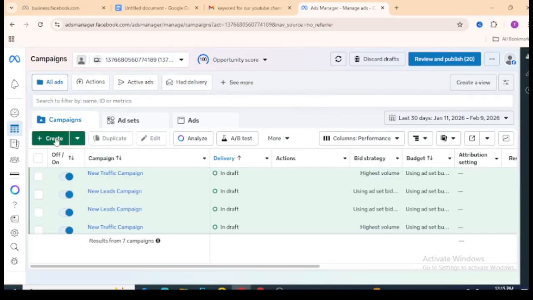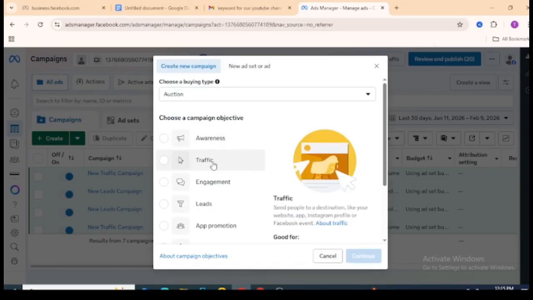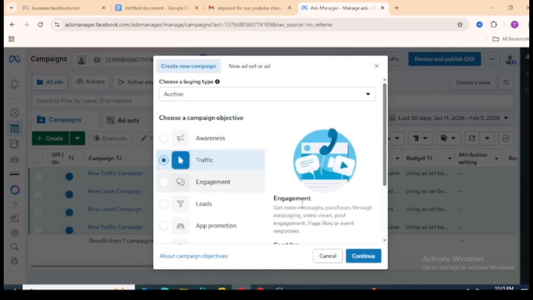So you want to come here to where it says create. It is super simple. Okay, come here to where it says create. So you come here and put in traffic, right? So you want to put traffic right here. You need traffic, as much traffic. So this one, you're just targeting maybe people from a particular country. You really don't need any specific targeting, like people who make a certain amount or a certain gender or something like that. Largely, you just want enough traffic. So you come here, click